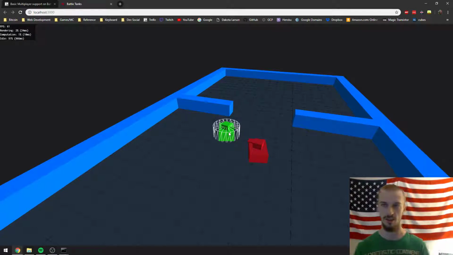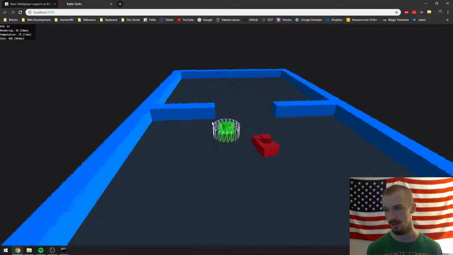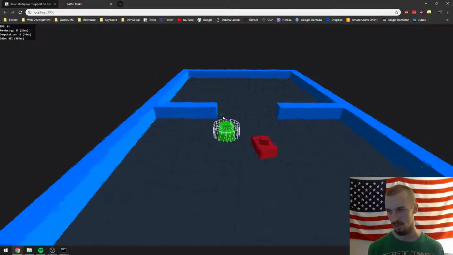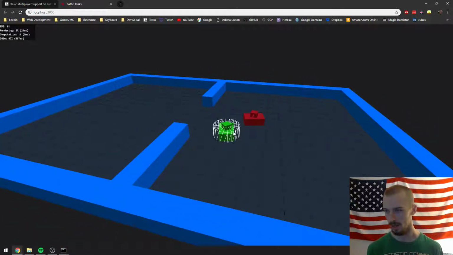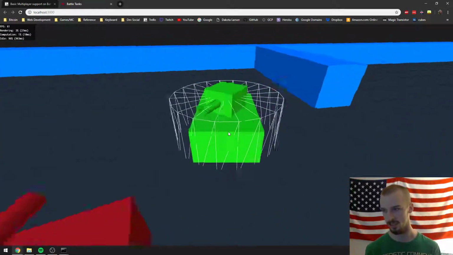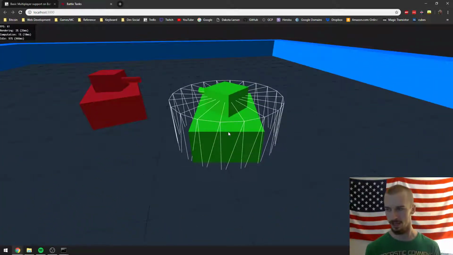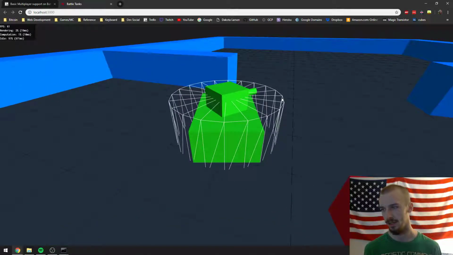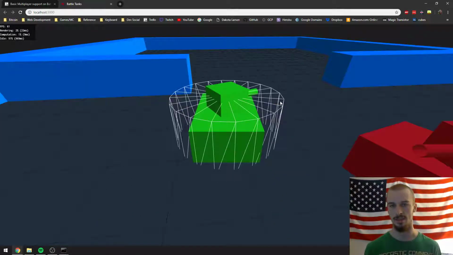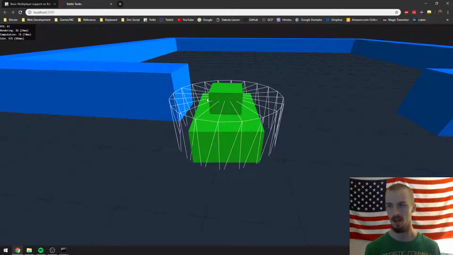Now I also wanted to talk a little bit about collision detection, which is the next thing that I'm working on, and will most likely be the content of the next devlog that I do. As you can see, right now, when you rotate the tank, it always stays within that cylinder, just on the edge, so it's pretty close. What I'm using that cylinder for is a way to test what blocks are